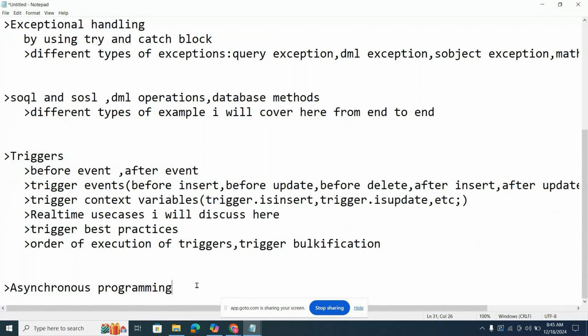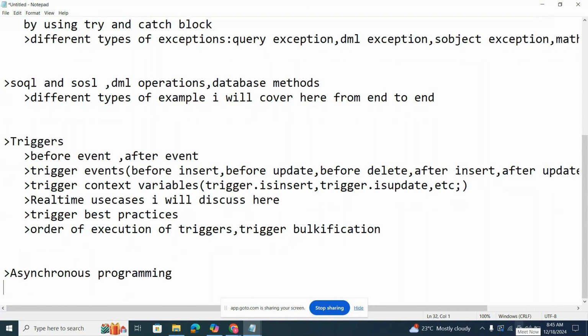The company is providing some health insurance, or free Amazon vouchers for all the people where annual revenue is greater than 10 lakhs. Updating the voucher code on each and every account is very difficult. By using asynchronous programming, when dealing with a bulk amount of records, we can deal with it easily.